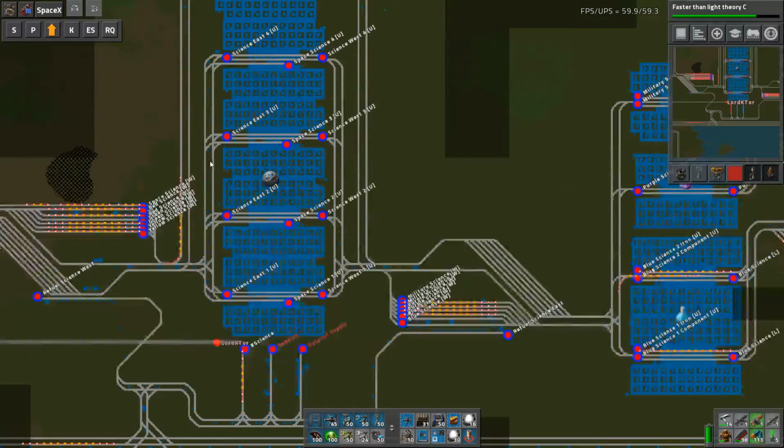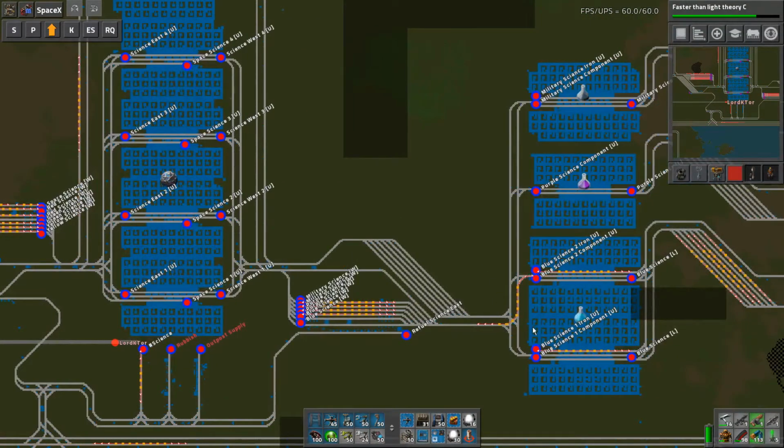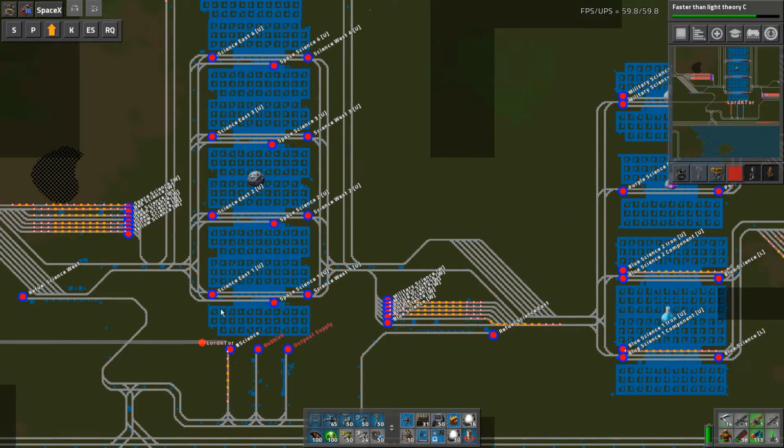Blue science is being called. It's filling up at the moment. There's only 2 blue sciences to serve 8. This is probably an example of a build that is very difficult to make work without using something like my mod, where I have trains that go into the right